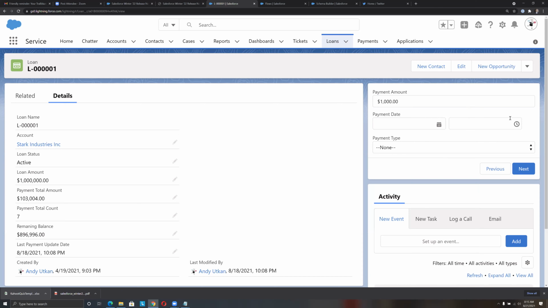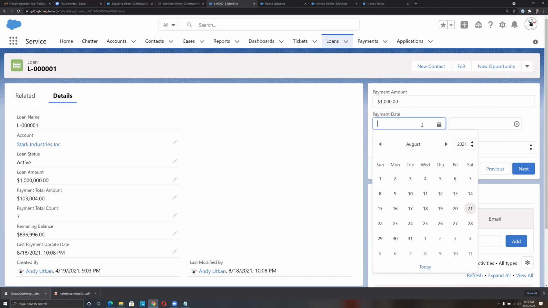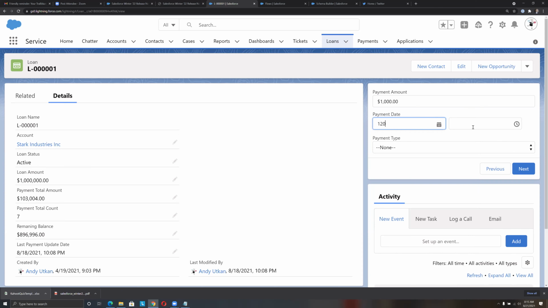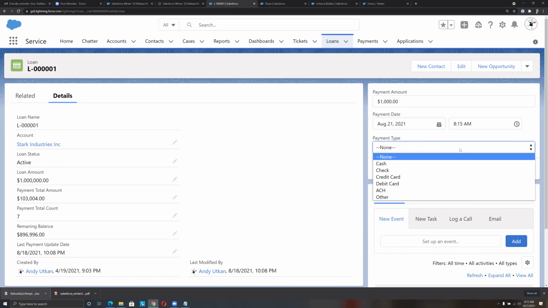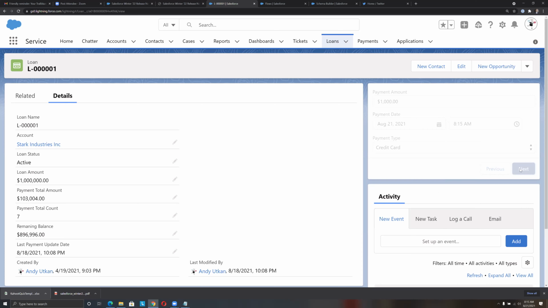Before that, we couldn't use two-column layout on screen flows. And I'm entering, well, I'm sorry, this is the date. Let's choose the current date, today's date. And then I can enter that the payment was made using a credit card. And then when I click next,